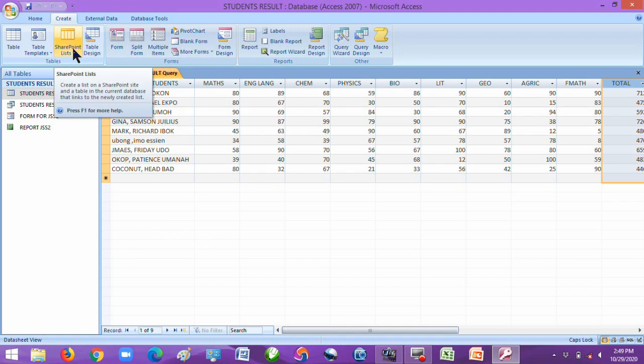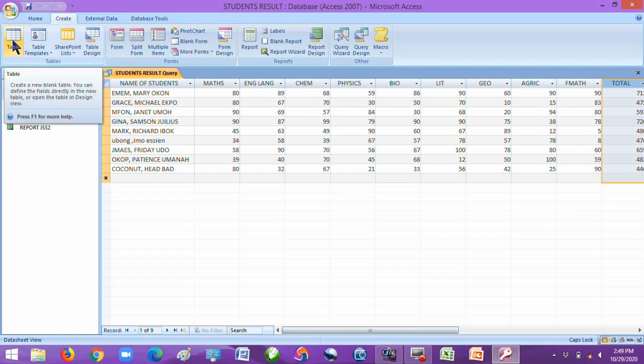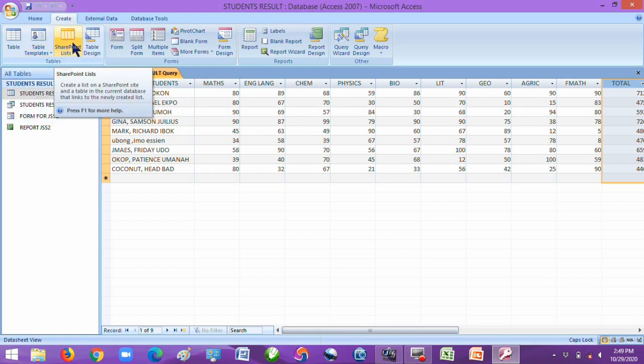Do note, a different video is available that shows how you can create table. This time, not importing the table, rather this time you are in Access environment, then you create table using various steps and also using various formats. Because you can create a table the way you want it to be. You can create a table by entering information the way you want it. You can create a table using table templates. You can create a table using SharePoint lists. You can also create a table using table design. All these are different ways that you can create tables.